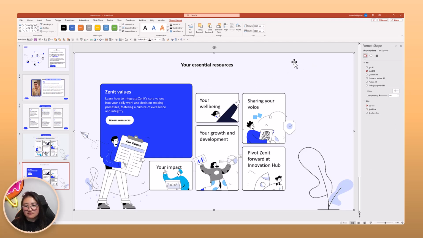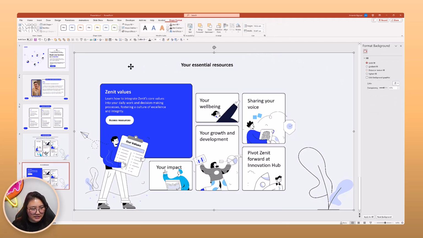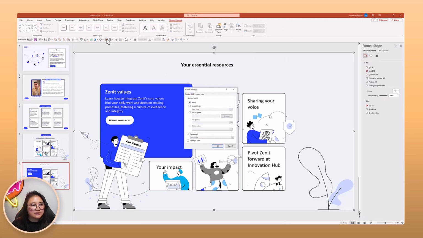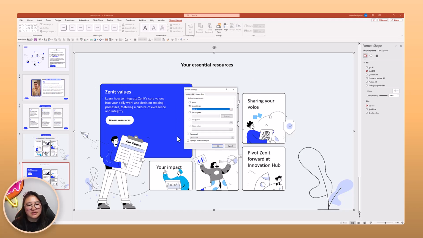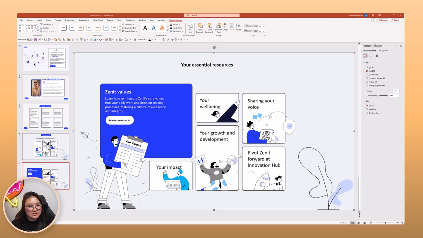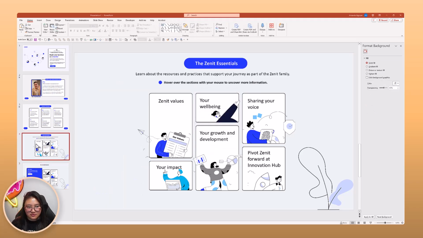You can even make that invisible if you like, because you already had and applied a background color, so let's make that invisible. And we're going to select that background, add in an action, so you can go to mouse over, hyperlink, and slide, and go back to slide number 4, so taking them back home. And that's pretty much it. So now we can apply our transition,